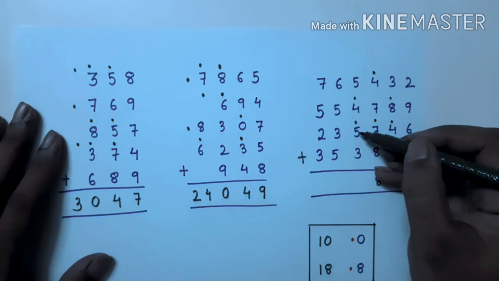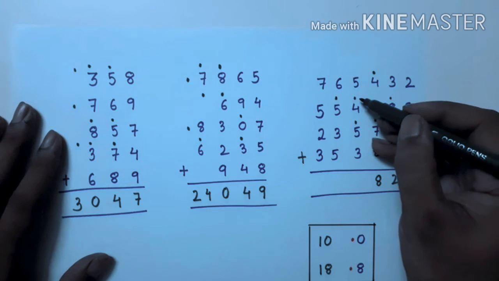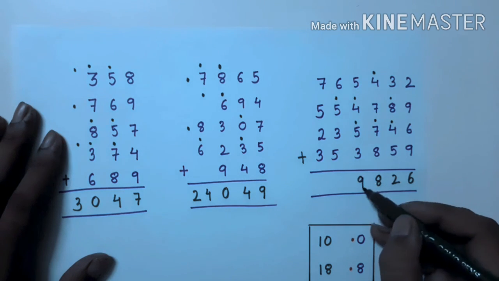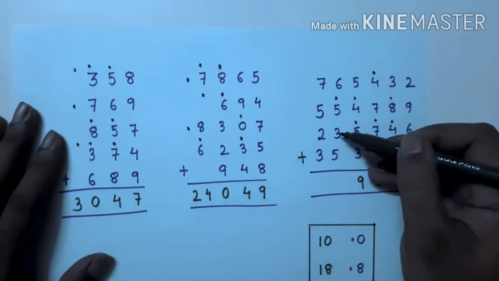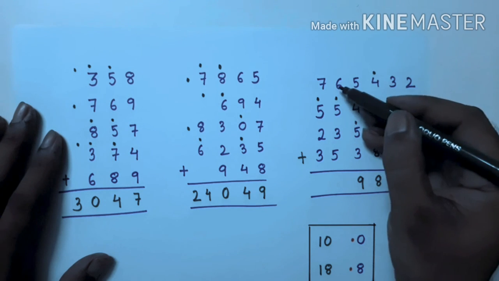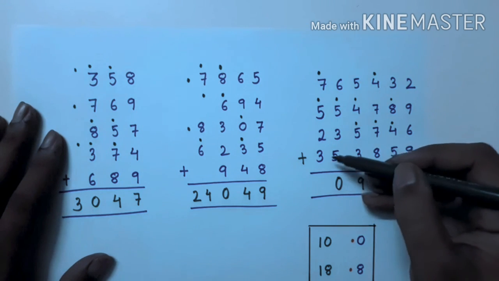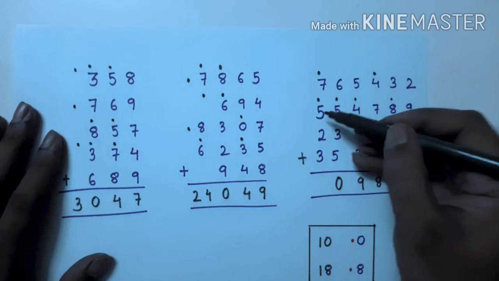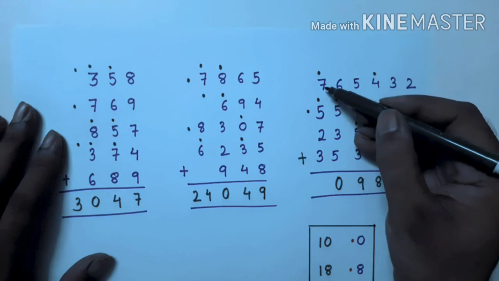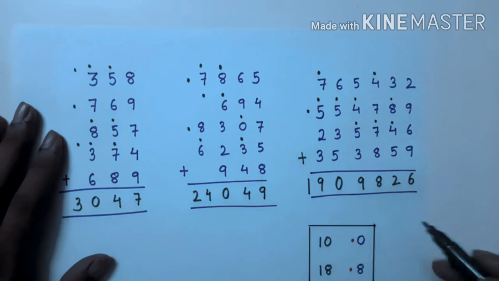Next 3 plus 5, 8, 8 plus dot, 9, 9 plus 4, 13, dot, 3 in the mind. 3 plus dot, 4, 4 plus 5, 9. Next 5 plus 3, 8, 8 plus 5, 13, dot, 3 in the mind. 3 plus dot, 4, 4 plus 6, 10. So dot, 0. The last column. So 3 to 5, 5 plus 5, 10. So dot, 0 in the mind. Dot means 1. So 1 plus 7, 8, 8 plus dot, 9. And we have only one dot, that is 1.